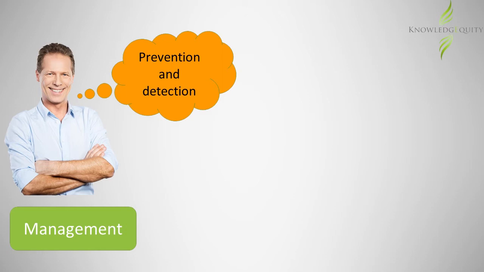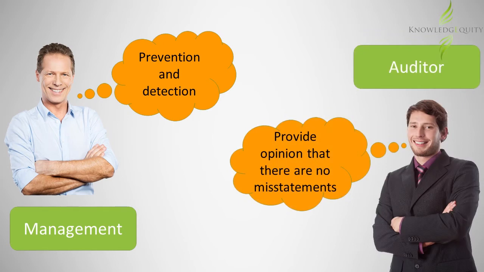If you think back to the objective of an audit in terms of ISA 200, the auditor is responsible for expressing an opinion that the financial statements fairly present, which means that the financial statements are in compliance with financial reporting requirements and are free from misstatements due to either fraud or error. Thus, the auditor's responsibilities relating to fraud is linked to the audit objective of expressing an opinion on the financial statements. That is, to the extent that the financial statements would be affected by fraud and the audit report modified.